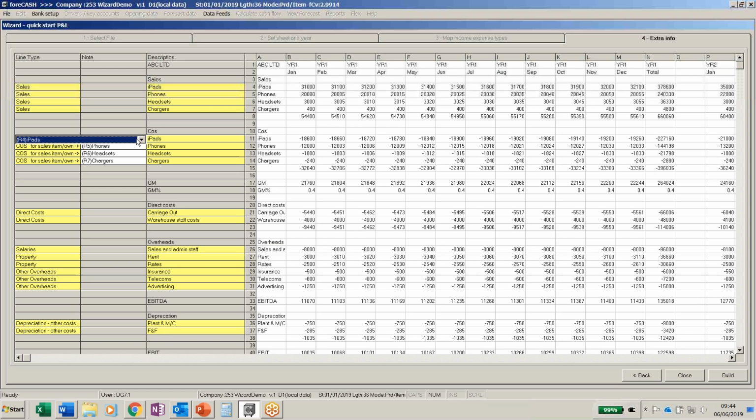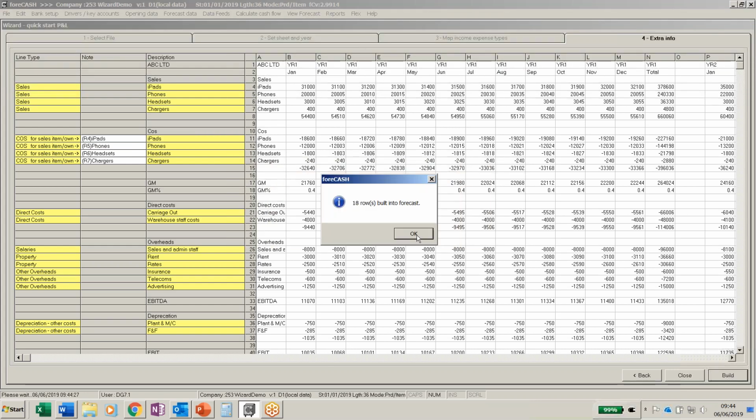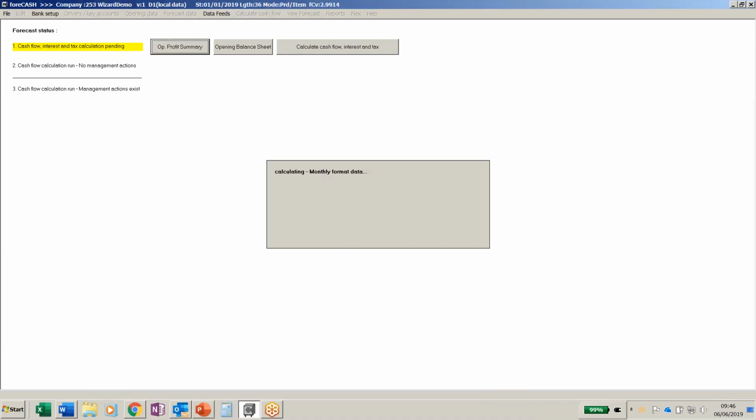foreCASH has looked at the names of my sales record and my cost of sales records, and it's actually done its best to match them, and all those look correct. So that's fine, and I'm ready to go ahead and build a forecast. Okay, and it's taken my 18 lines from the P&L and used those to build the forecast. So let's just see exactly what's happened there. So if I run my operating profit summary,